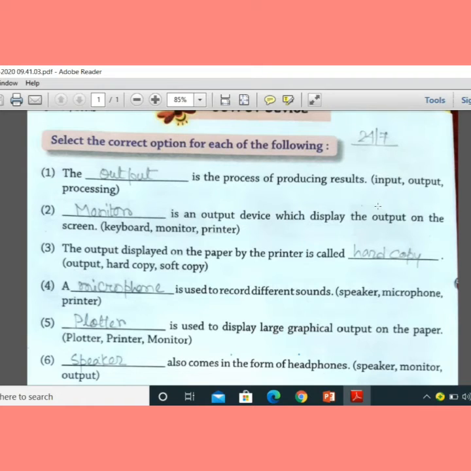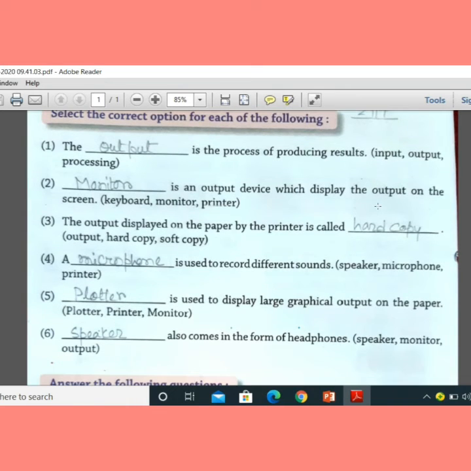Clear? Next, number 4 is a dash is used to record different sound. So we know that using speaker, so speaker is the output device, so using speaker we can listen to any sound that is recorded into a computer. But how can we record the sound? Using the microphone. First we have to record the sound, then using speaker we can listen to the sound.